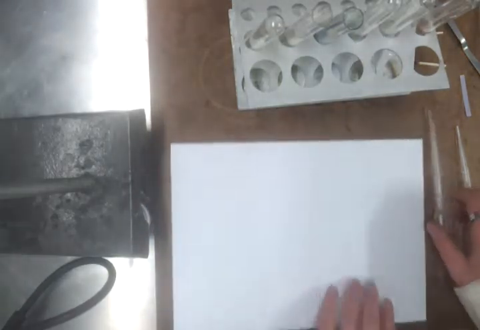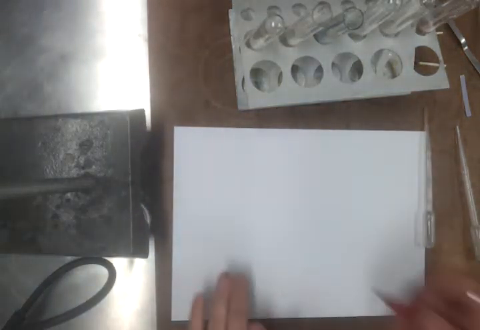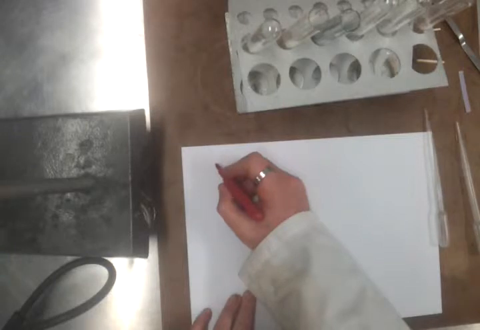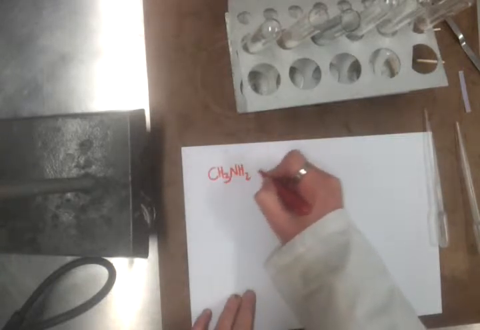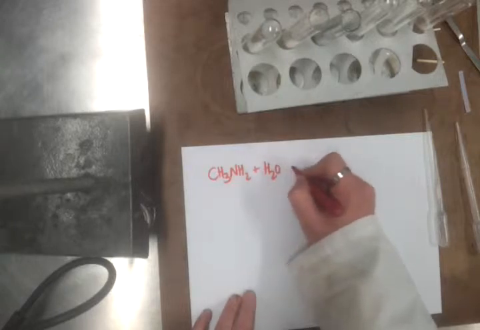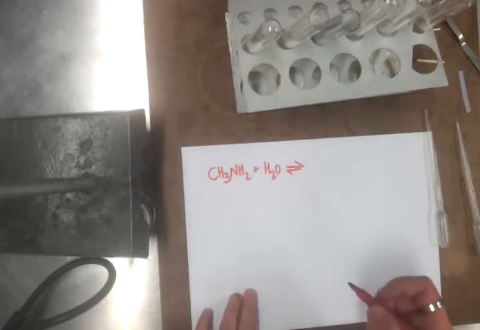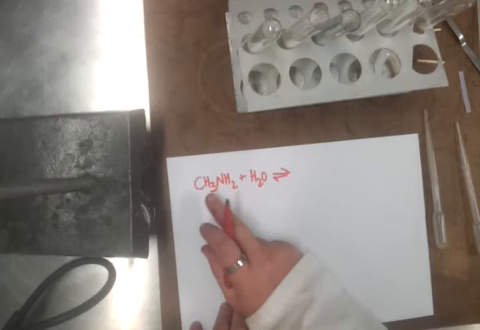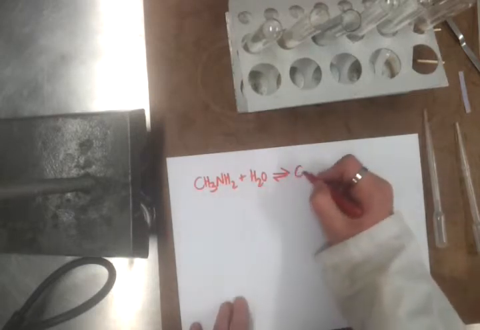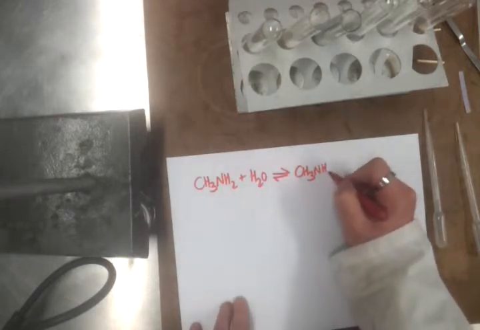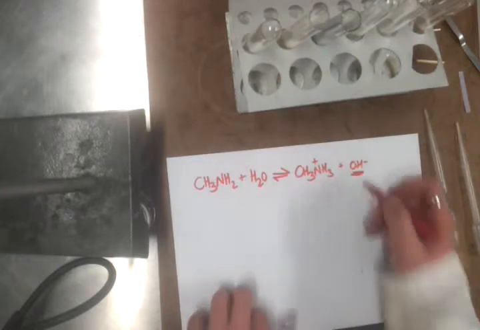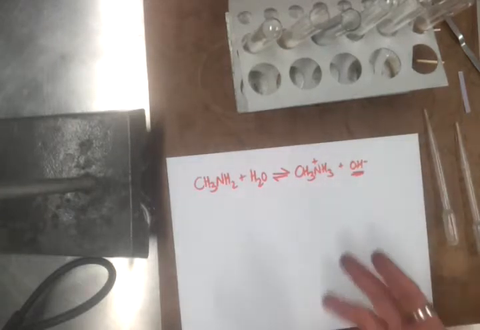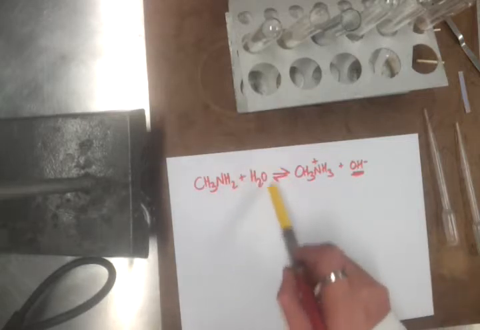So how do I show that with an equation? Because in chemistry we like to prove things with an equation. So in this case I had aminomethane, so this here, I put it in water, and actually it's an equilibrium here because they're weak bases. It's going to gain one of those hydrogens, so it becomes CH3NH3+ with the hydroxide ion. So it's because the hydroxide ion has been formed, it's increased the concentration of hydroxide ions in the water, that